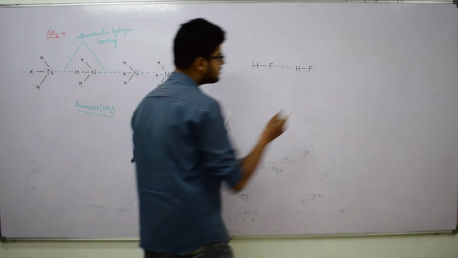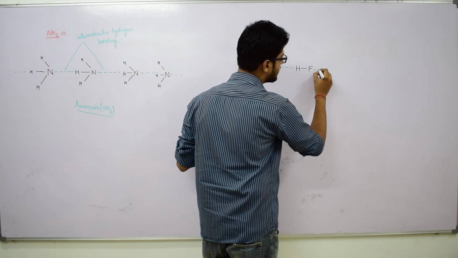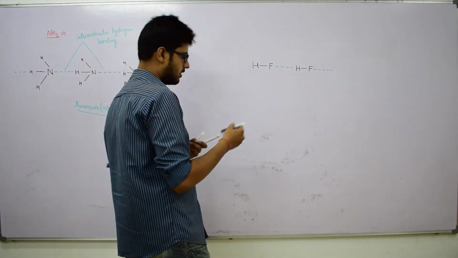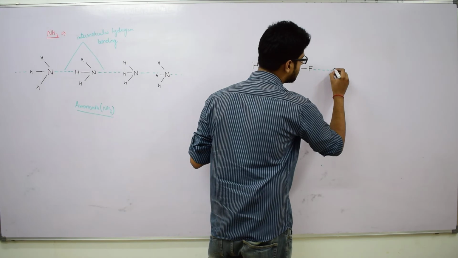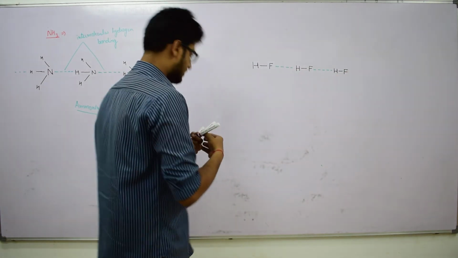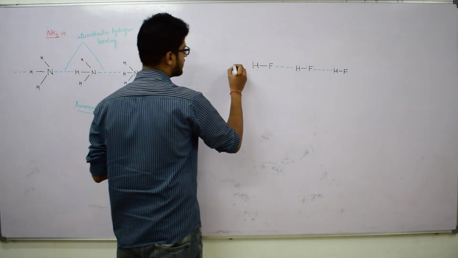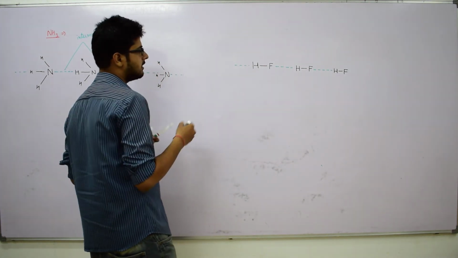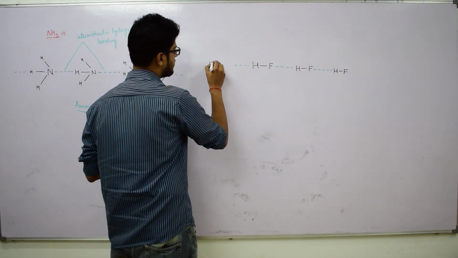Again, this fluorine atom, being more electronegative, will be linked by intermolecular hydrogen bonding to the hydrogen atom of the next HF molecule. The same thing will happen on this side also. This will be linked to another HF molecule,